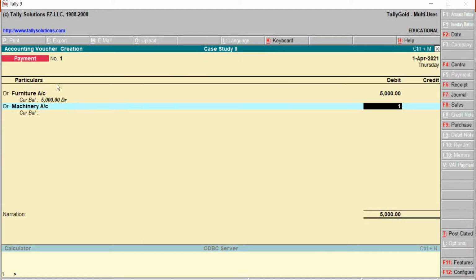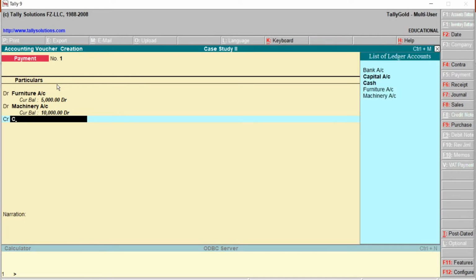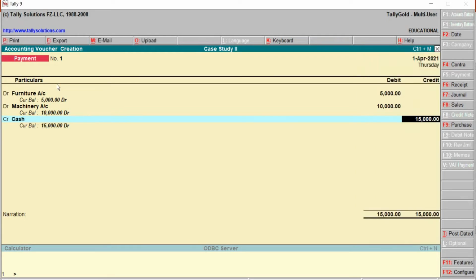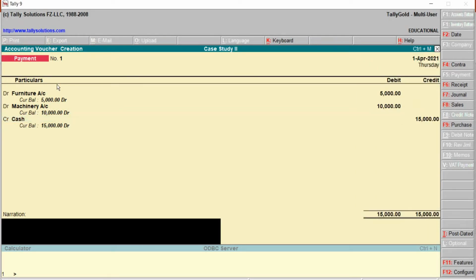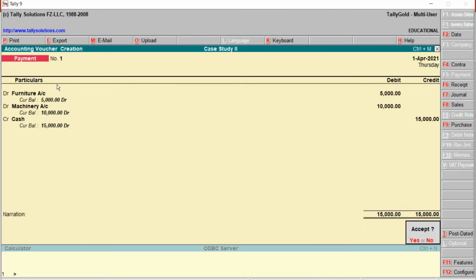Amount is 10,000. Credit will be, it's in the form of cash. Down arrow key, cash, 15,000. Type the narration, later save. To save this one or to accept this one, press Y from the keyboard.